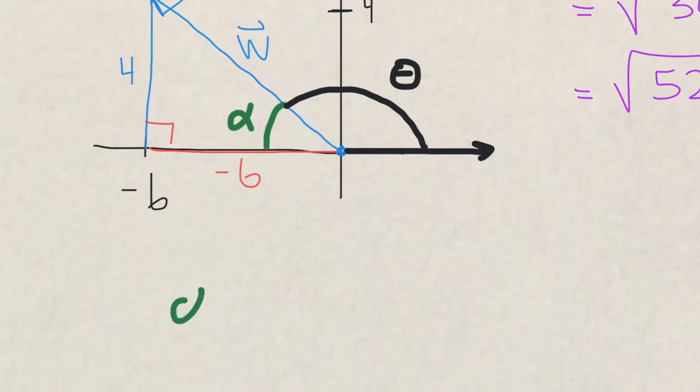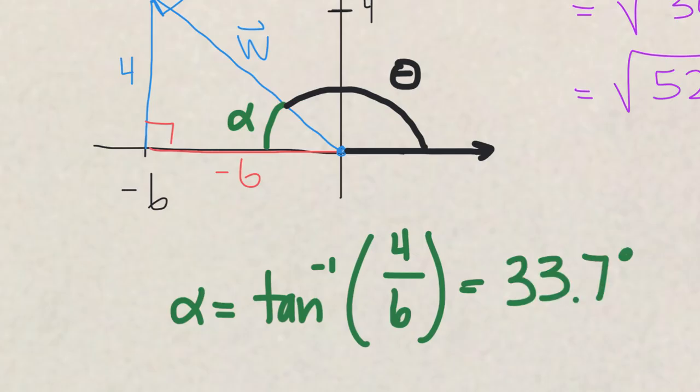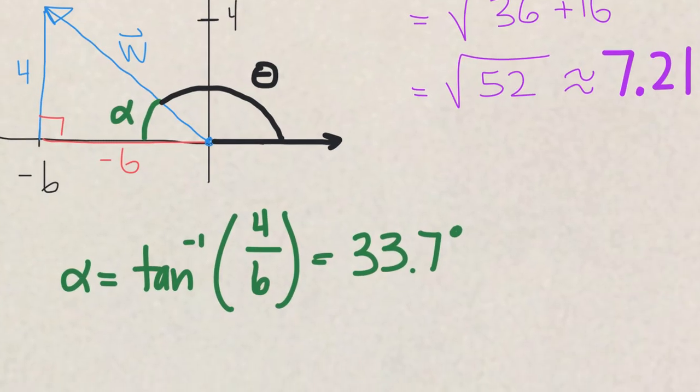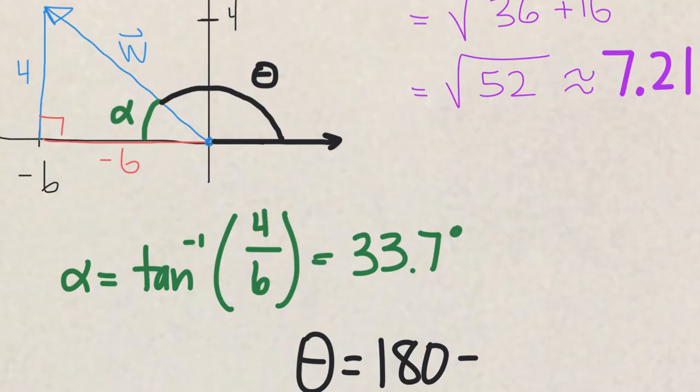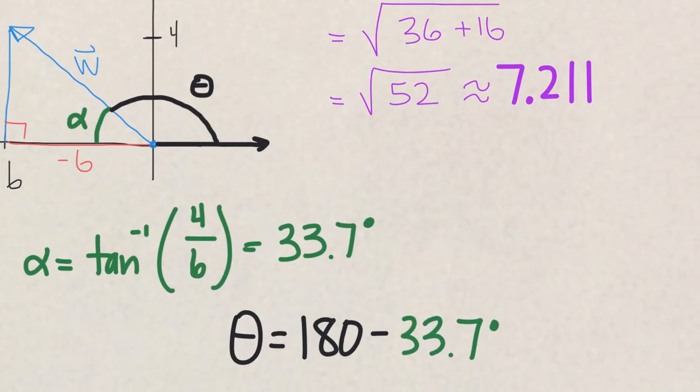Okay, so we always use the inverse tan because these are the numbers that we have. So inverse tan of 4/6. Okay, we'll just keep it positive since it's above the y-axis. The inverse tangent of 4/6. So now that we know that, we can find our direction from the positive x-axis by subtracting the angle that we just found from 180 degrees. Okay, and we do this because we want to know what is the angle with the positive x-axis. So this turns out to be